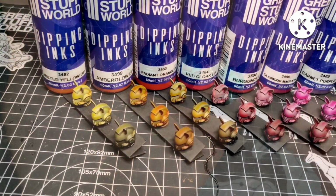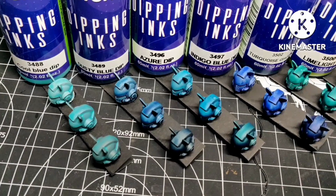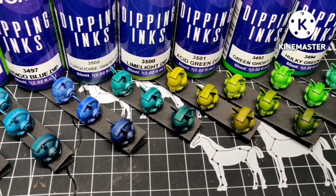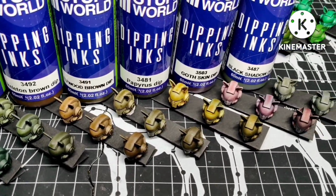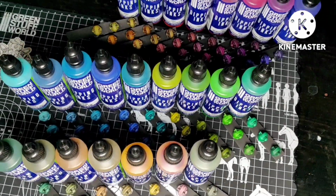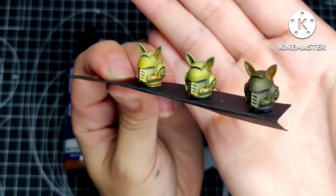I really like it. And of course I had 24 colors to test, and I didn't want to film everything because, well, if you've seen one, you've seen all of them. But I have tested all 24 colors on 3 helmets each, and I will show you now how they all came out. Here you have the Misted Yellow dip,